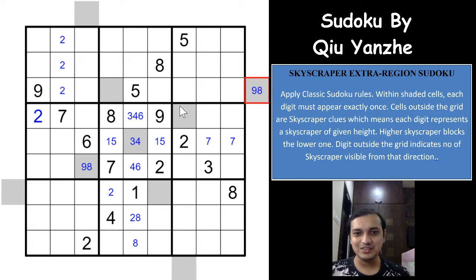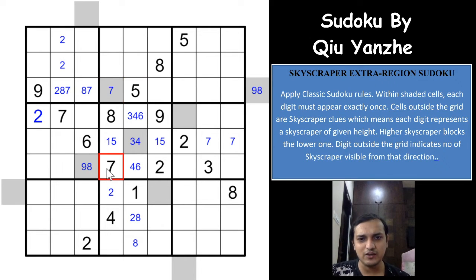See the theme, the way the setter has made sure that you have to go with the 8-9 pair in the extra region Sudoku and use that as a skyscraper clue to continue the Sudoku. Superb. So you get a 9-8 pair here. So either this cell will have to be a 9 or it will have to be an 8, right? Whatever the possibility, 8 has to be in one of these two cells, and if it is an 8 and 9, 7 has to be in one of these 3 cells only. You cannot have 7 before this cell, because the constraint will be contradicting, right?